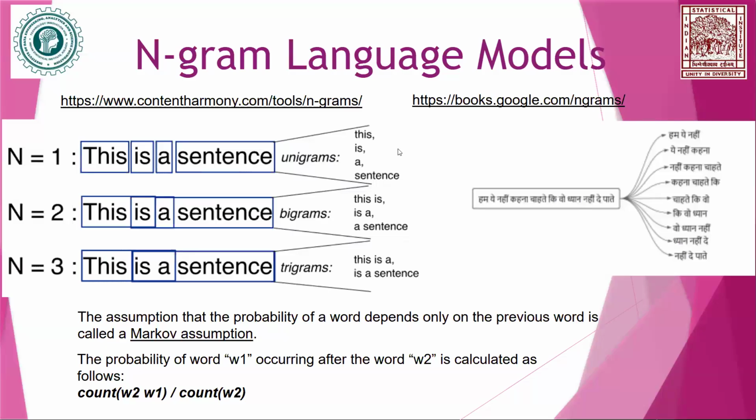So you keep on adding to these counts as you go through the corpus, as you analyze each sentence in the corpus. The corpus may be consisting of books, newspaper articles or others,